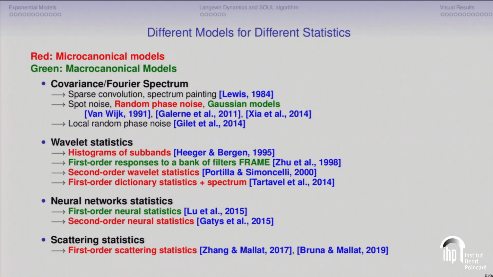Okay, so I will detail those two works in the first part, but first I would like to mention already that one advantage is that you have an explicit form for the probability distribution, but one problem is that you try to truly sample a probability distribution, so you have to rely on MCMC, which may be quite long to converge. So that's why the original method by Zhu and colleagues might take some days to synthesize even one texture at the time. Okay, but we'll see.